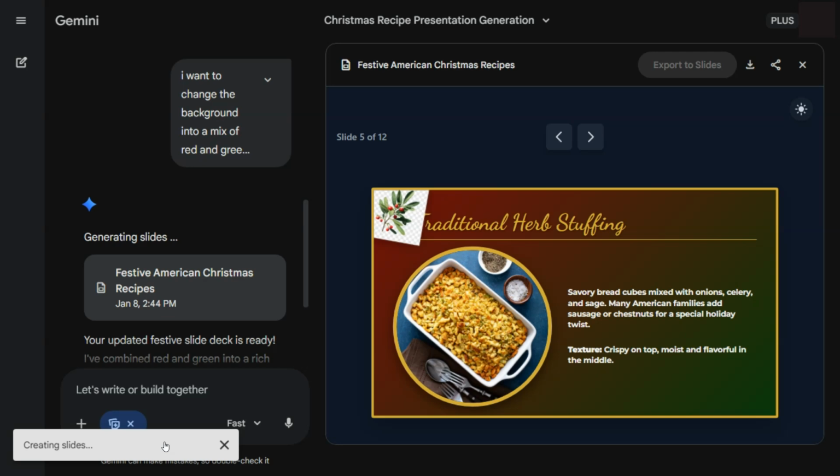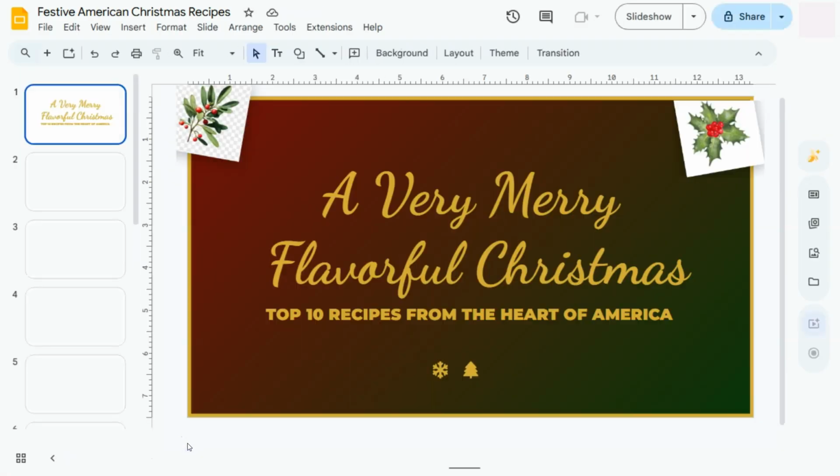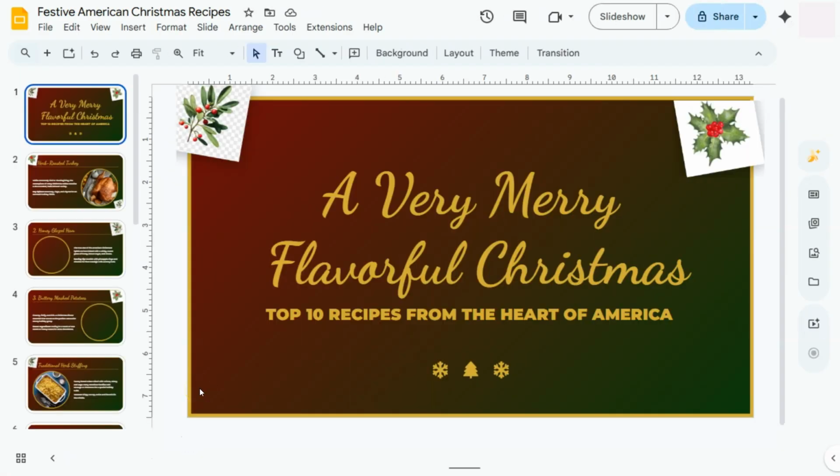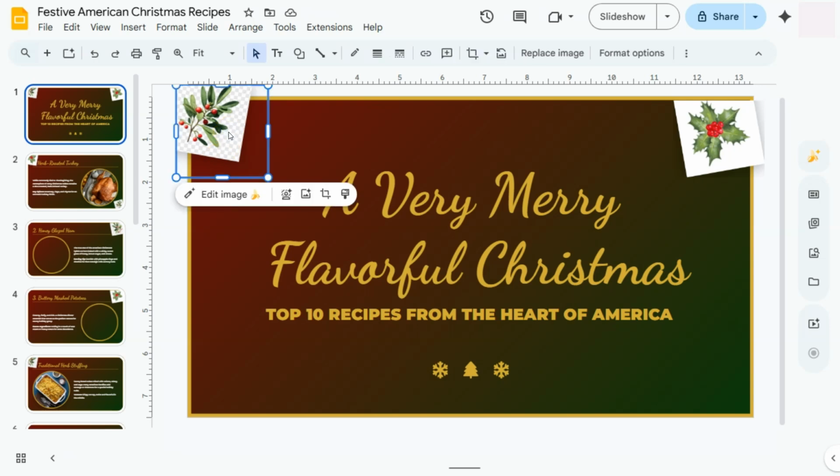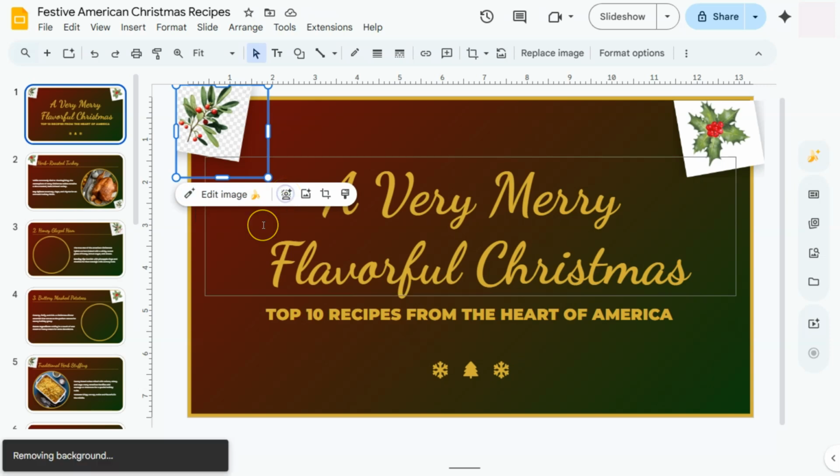So the great thing about this is everything is ready. All we have to do is just some little tweaks on maybe removing the background of some images or the numbering or all those other stuff. So right now we can open it in Slides. So just click on this option right here. And here we have it. So again, it did add some of those elements that we can quickly edit with our Nano Banana. Edit our image, remove the background. If we click on remove background right here,